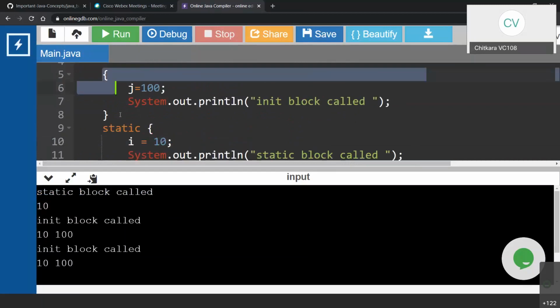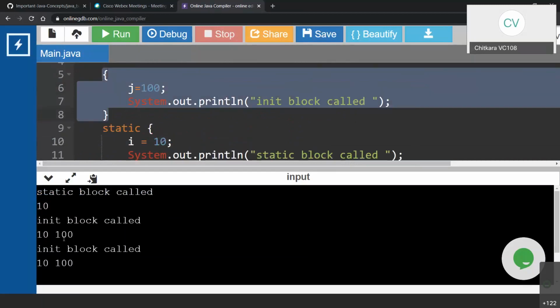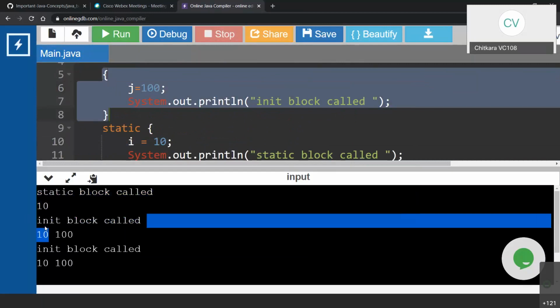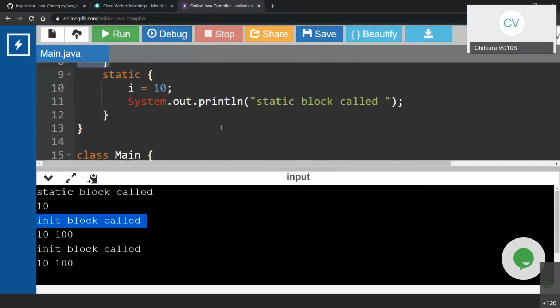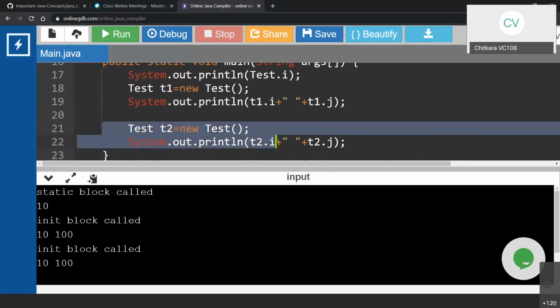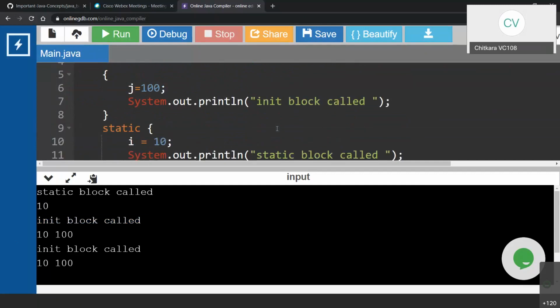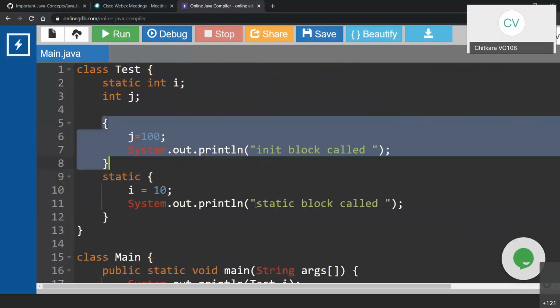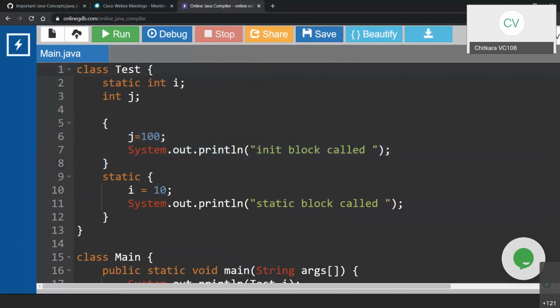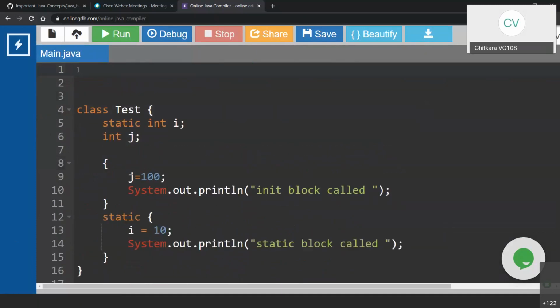T1.j, this initialization block which was called before assigning the value. Can you see the output over here? Initialization block. So that will be displayed. So you will get 10 and 100. Next time when you create a second object, again it will go to the initialization block. Again it is going to say initialization block called and it is going to display 10 and 100. So if you look at it, what is the understanding from this particular code is,